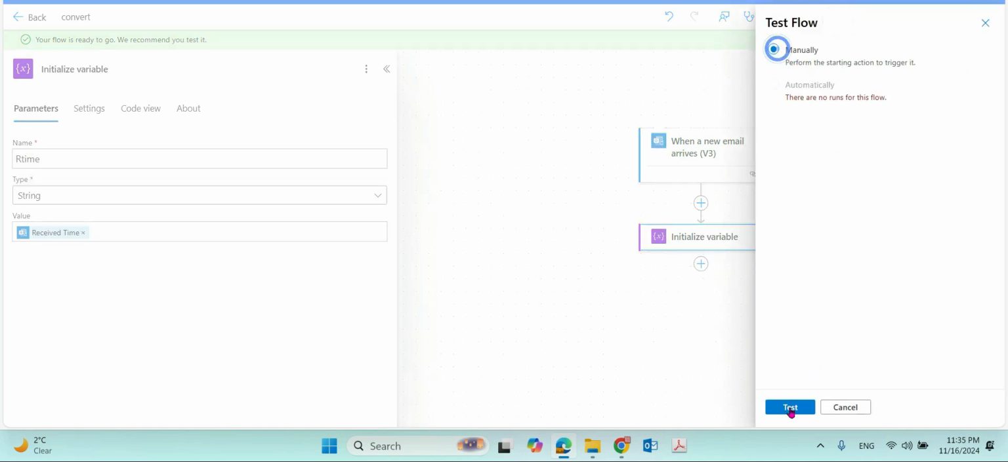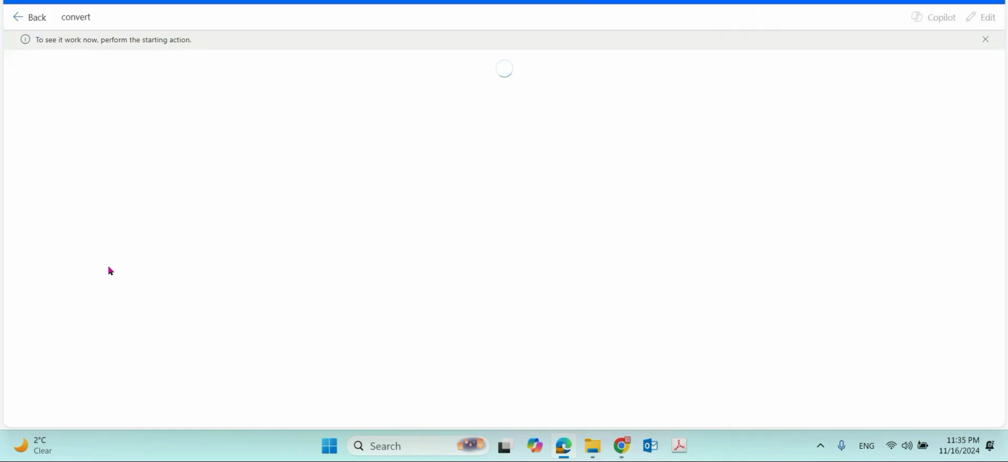I will send an email to my email box. When I receive the email, it will give me the receive time. The receive time actually is UTC time, it's not my local time. You can see on my computer, my local time is November 16. But when I look in Power Automate, the receive time is